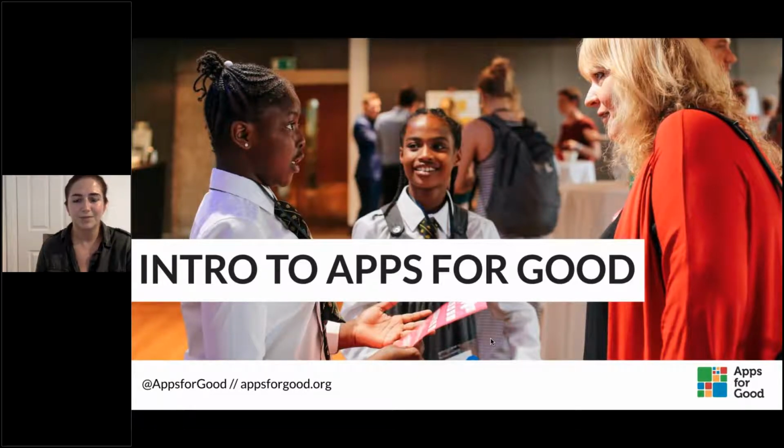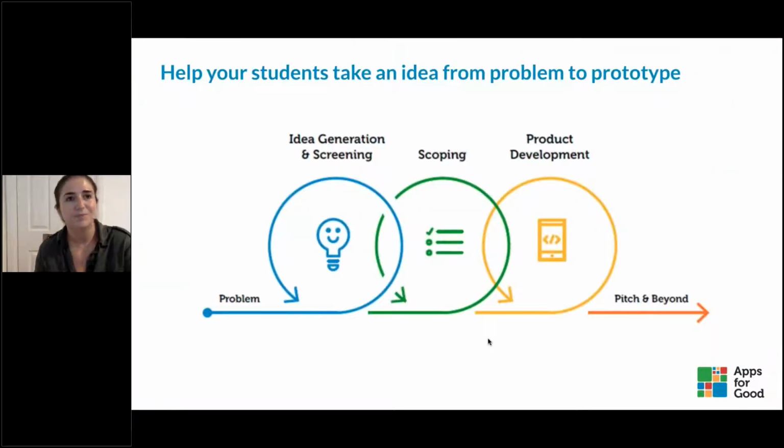So at Apps for Good, we are an education technology charity. We've been operating in the UK and internationally for 11 years now, working with schools and colleges to upskill teachers to go back into the classroom to deliver our content and courses to their students. We work with primary, secondary and FE, but secondary Key Stage 3 is probably our sweetest spot. It's where most schools tend to deliver our content, and it can be delivered in a whole range of ways, and I'll go into a bit more detail on that.